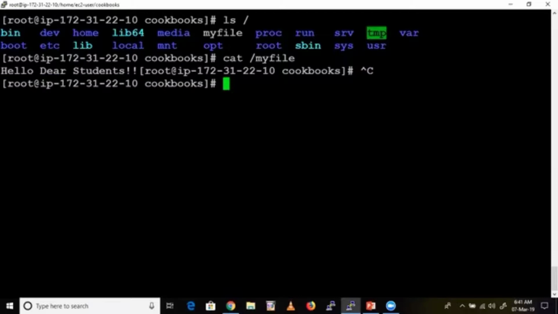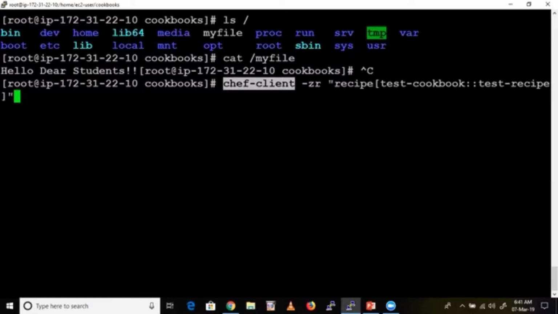Now if I rerun this, if I call chef client again, what actually happens? It will verify the Ohai store for the current state. If in the Ohai store the file is already there, it won't take any action. If the file is not there, then it will take action and create that file again. In the Ohai store it already got updated with my file, so now chef client should not take any action.